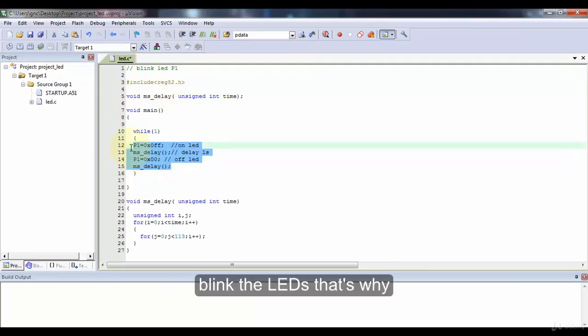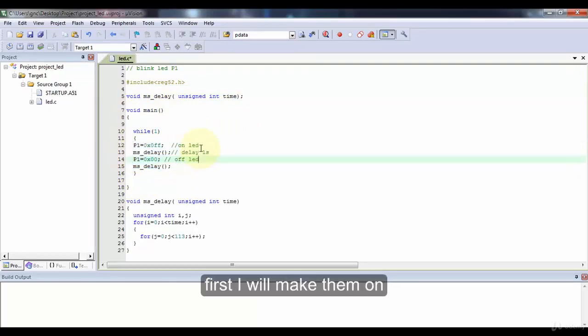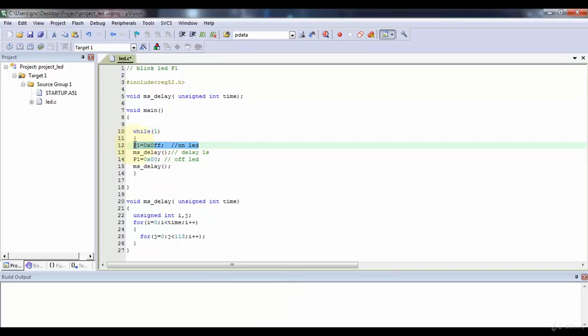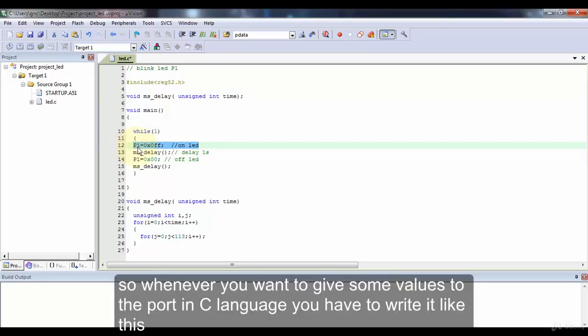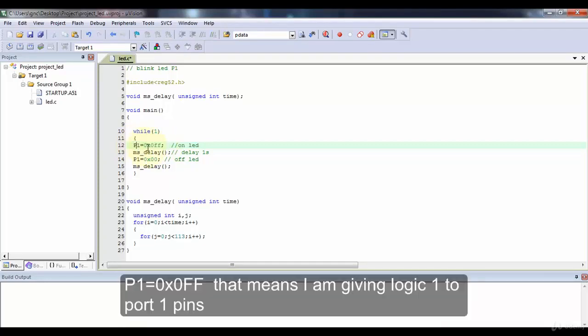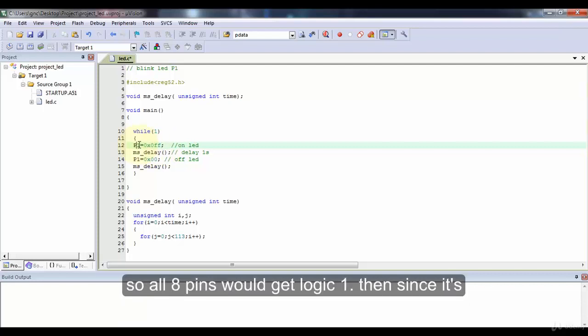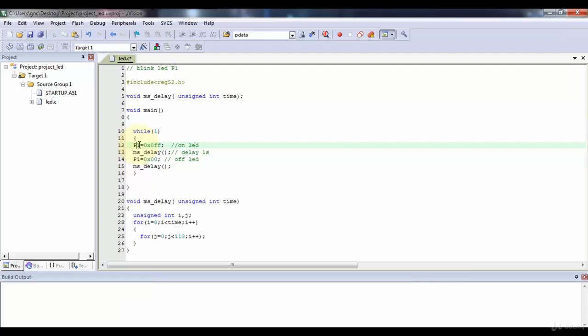I want to blink the LED, that's why first I will turn them on. Whenever you want to give some values to the port in C language, you have to write it like this: P1 equals 0xFF. That means I am giving logic 1 to the port P1 pins. So all 8 pins would be logic 1.